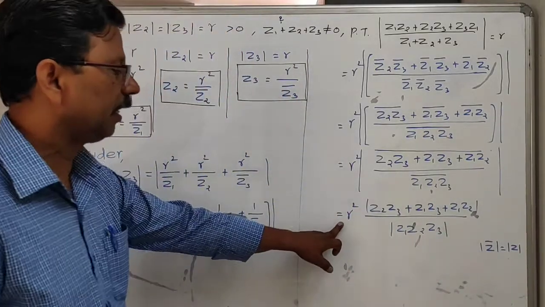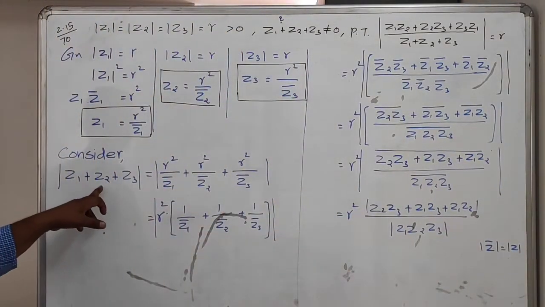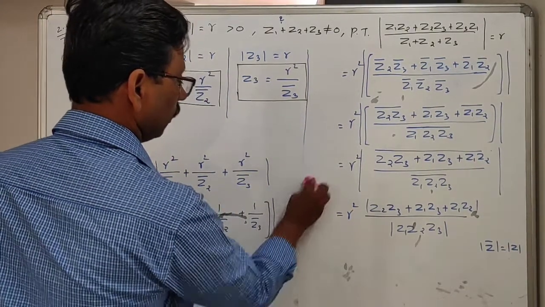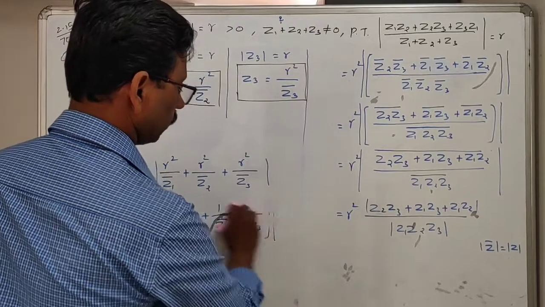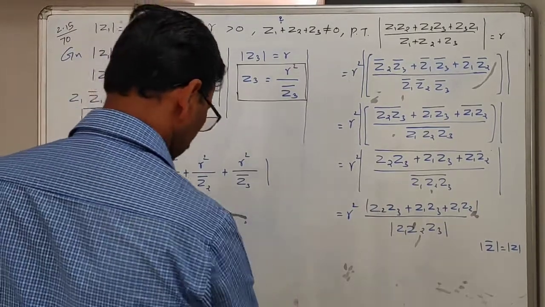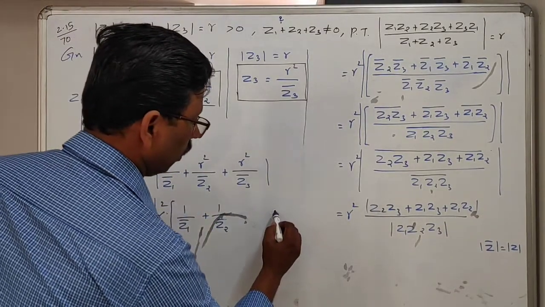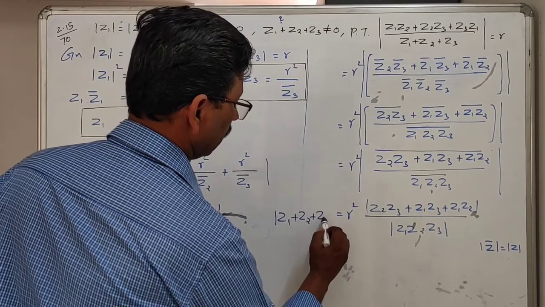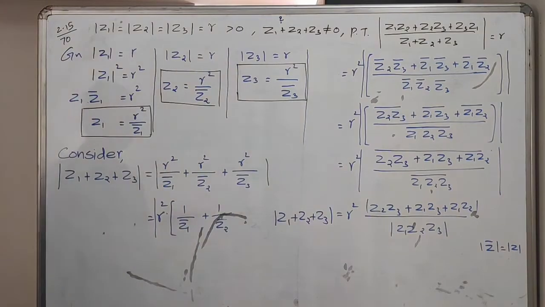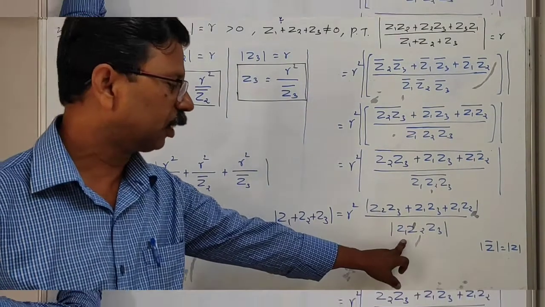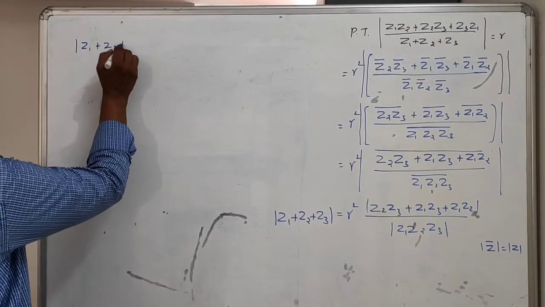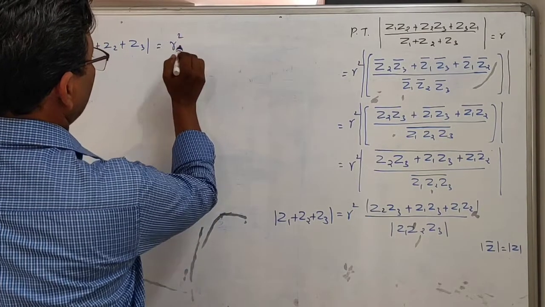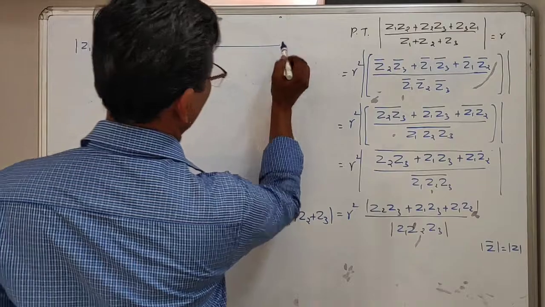Okay, now what is left hand side here? Modulus of Z1 plus Z2 plus Z3. Now we are going to write left hand side. What is left hand side? Modulus of Z1 plus Z2 plus Z3. Now after that, this modulus of Z1 plus Z2 plus Z3, which is equal to R square into, this numerator